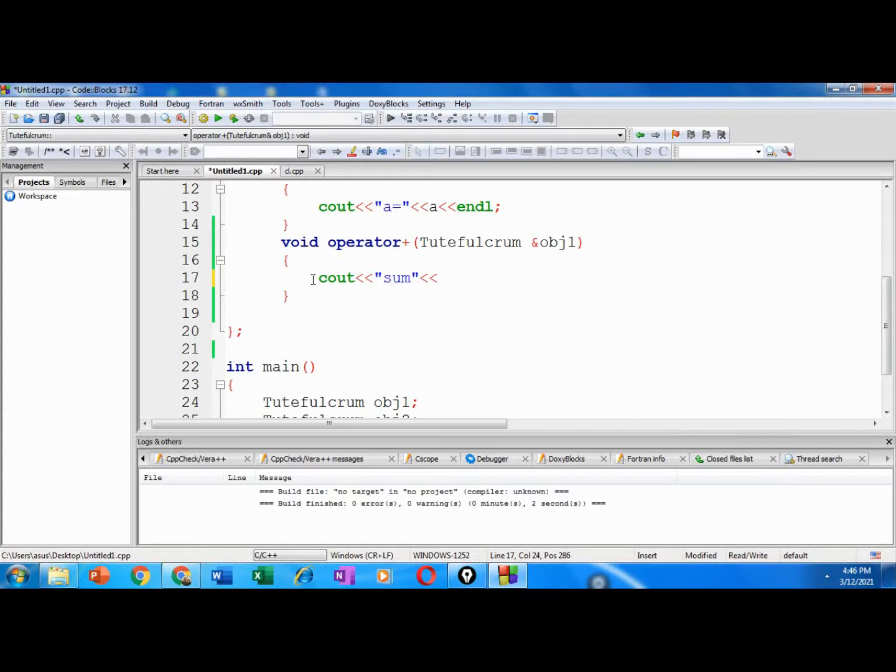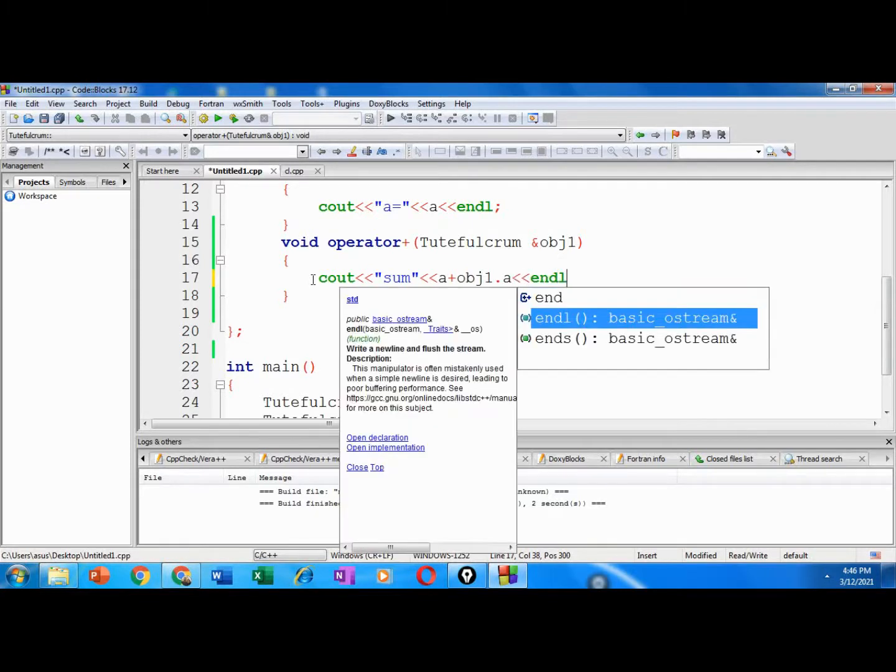And now as per the rule, you know that we can pass only one argument. So this one argument that we pass is always referring to the second operand. So the first operand, the data member, is accessed simply by specifying the name. You don't have to specify the object name here. You could simply refer to it by the data member name. And the second, if you're trying to access, you will need to use the object name.